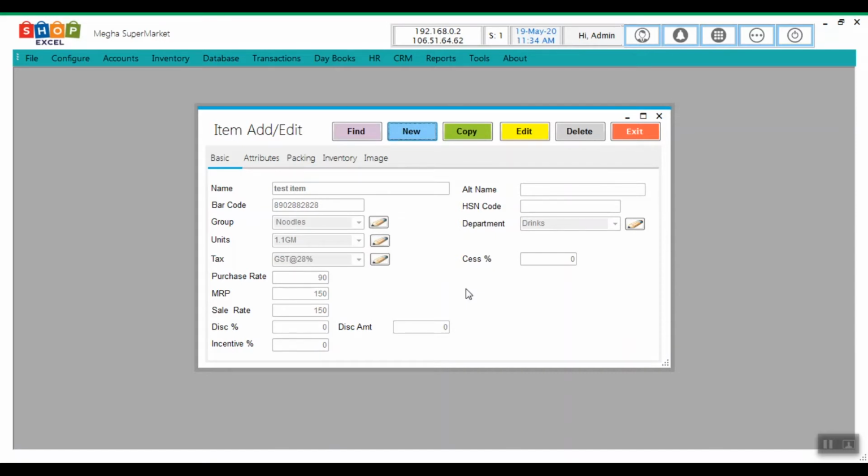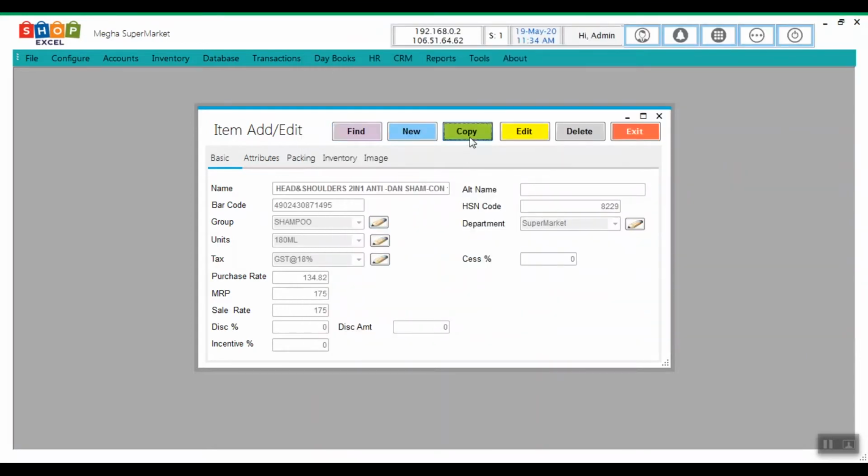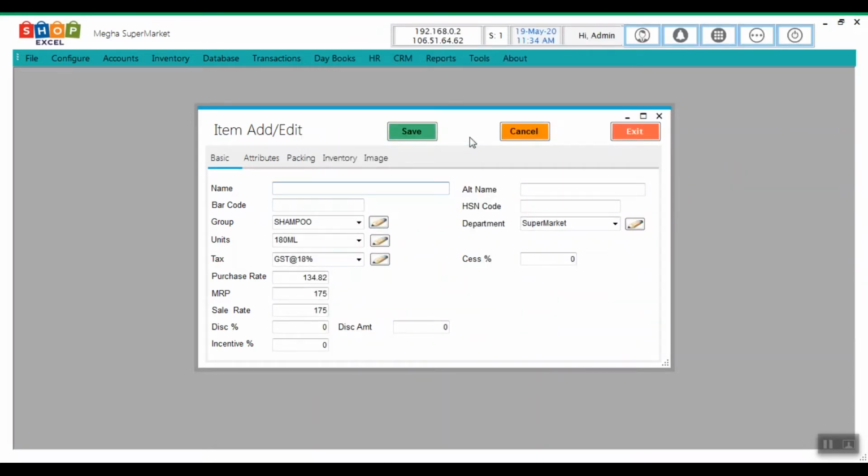Suppose you want to create a new item which has the same attributes that you have created already. First you need to select the item by clicking on find here, select the item, click on copy. This option helps you copy the attributes of the previously added item for a new item.